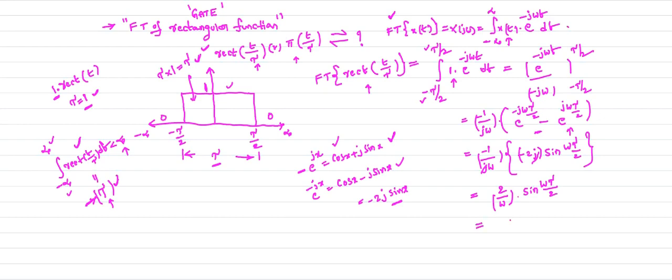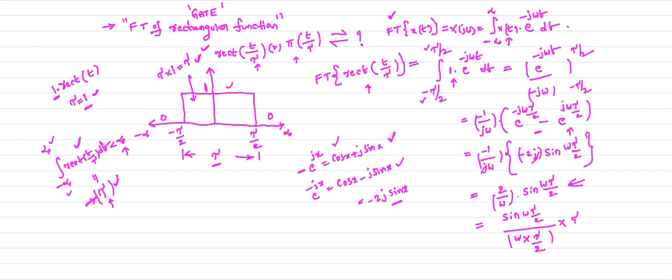I am just rearranging this expression because I want to represent it in terms of the sinc function. So omega tau by 2 divided by, here omega is already there, so I just multiply by tau and divide by tau. Like this I can write omega tau by 2 into tau. The remaining is the same.